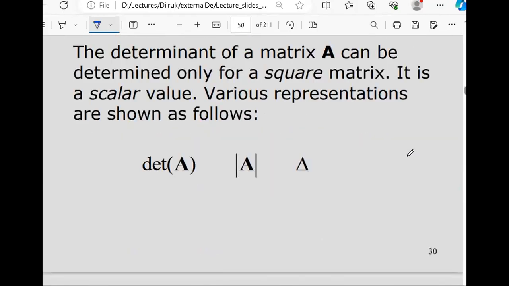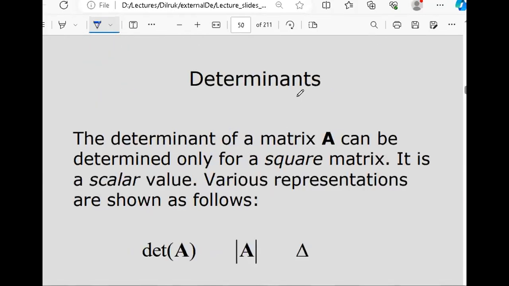The other one is the determinant. You can check whether the matrix is singular or non-singular by computing the determinant of the matrix, right? Determinant is a scalar valued function. It goes from the matrix space, let's say the set of n by n real matrices, to